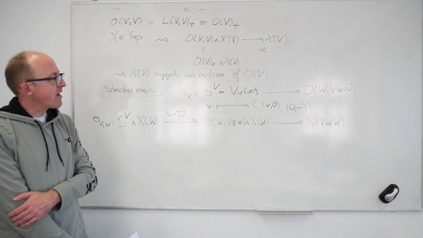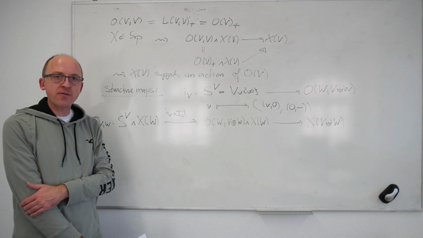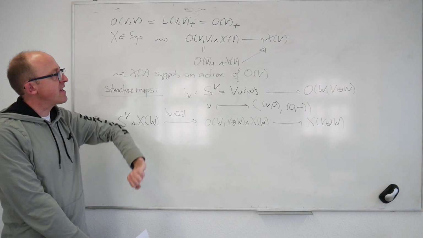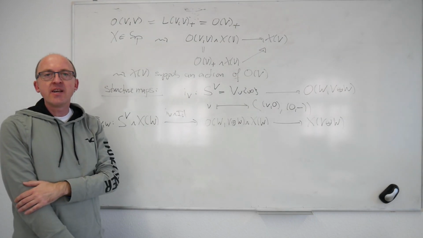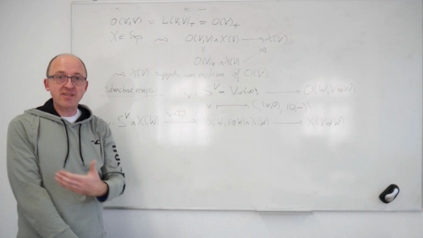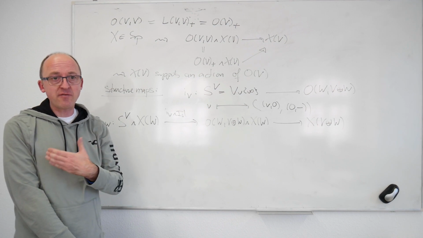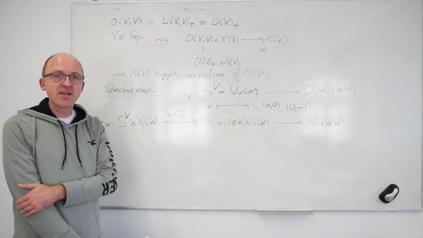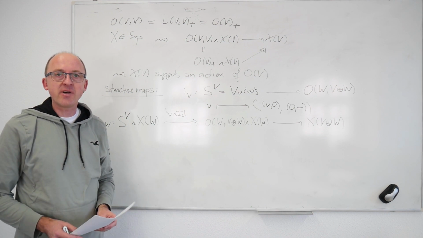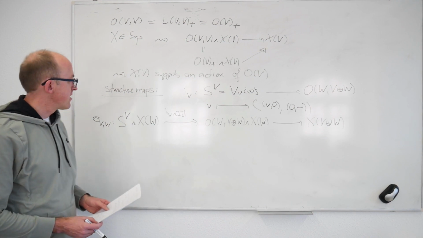But I will take the freedom of sometimes defining orthogonal spectra by giving you the explicit data, giving you the values, the actions of the orthogonal groups, and the structure maps. And then whenever I do this, there will be some implicit checks for somebody to do. I have hopefully done them before the class, and you might want to do them after the class, that namely all the various implicit compatibilities are satisfied.